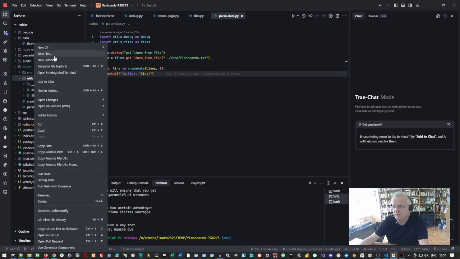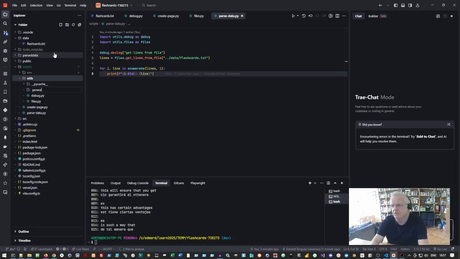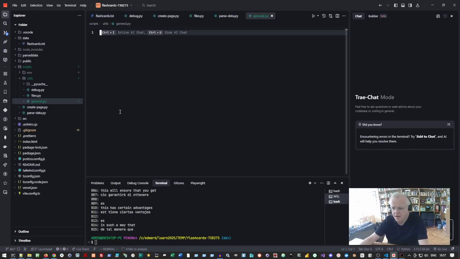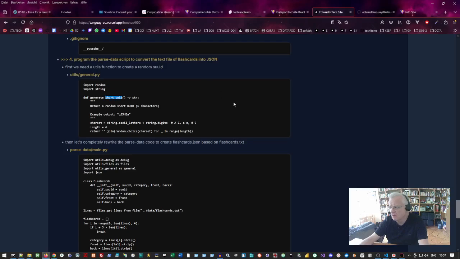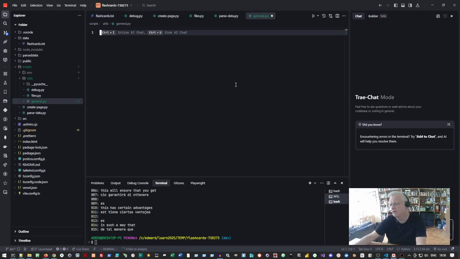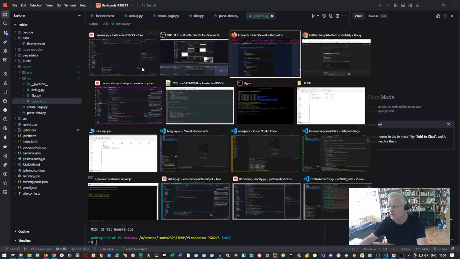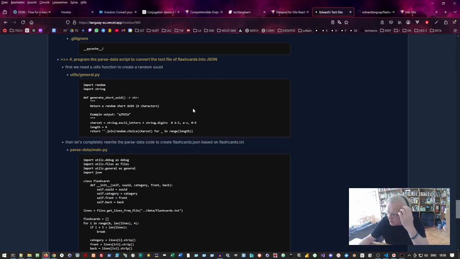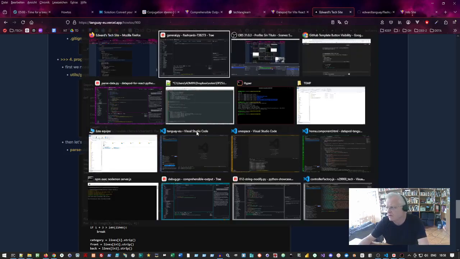New file, general.py, and so this is going to be a string that will look like this. One second, my keyboard isn't working. So now my keyboard is working, and we will now